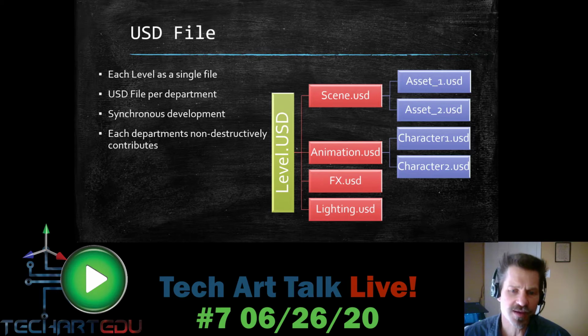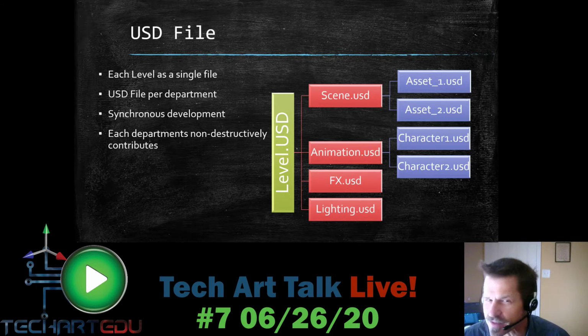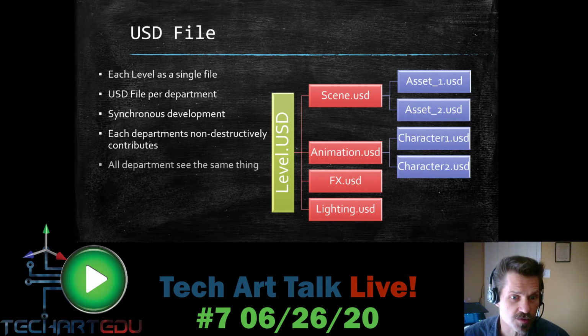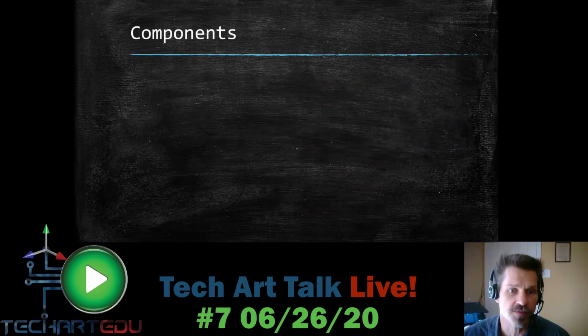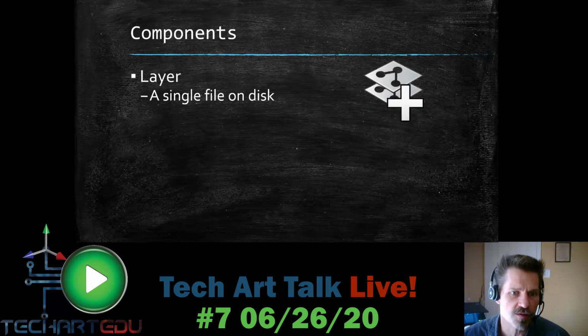The reason it's non-destructive is because nothing gets destroyed in USD. Stuff gets trumped and prioritized more than others, which means objects get turned off, but objects are never actually clobbering each other, which is really awesome because it empowers all the departments to actually see the same thing. Now, some of the components of a USD file is a layer, which is basically